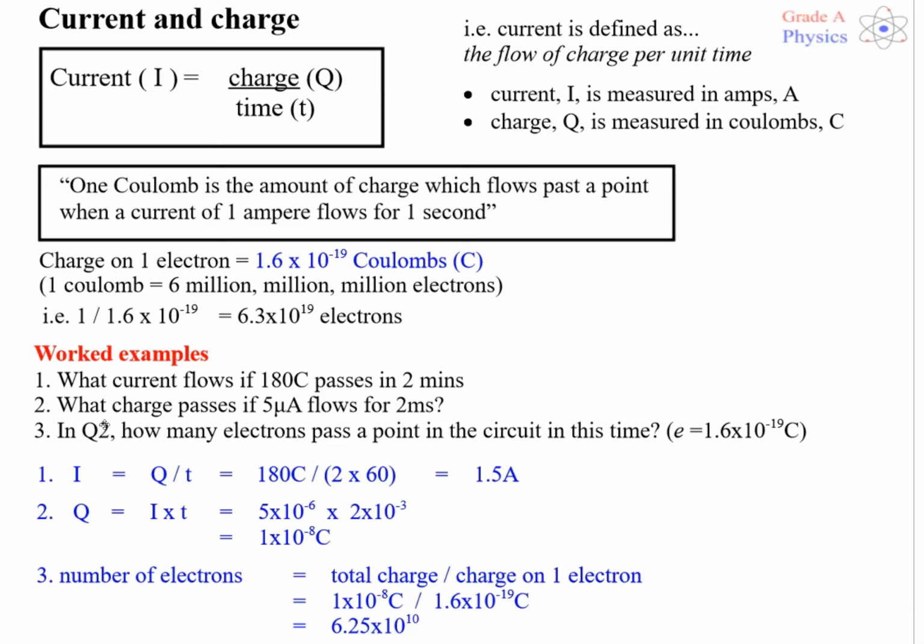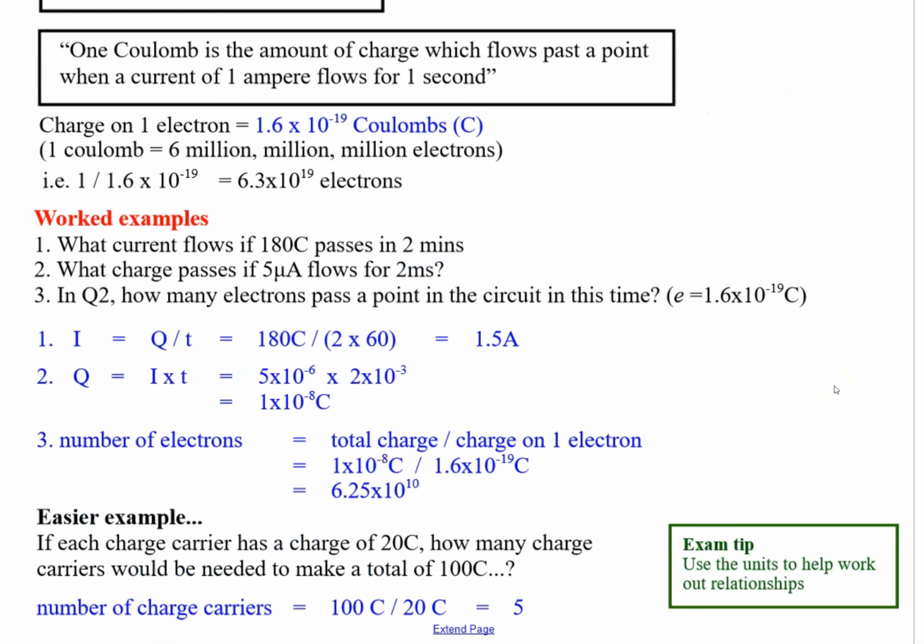If we wanted to find the number of electrons associated with question 2, all I need to do is divide the total charge by the charge on one electron. So we have 1.8 × 10 to the minus 8 divided by our value for the elementary charge, and we get 6.25 × 10 to the 10. Now there's not a formula in the formula booklet which is provided. However, if we look at the units, C divided by C, that's going to cancel, and we should end up with no units, but usually a very large number of electrons.